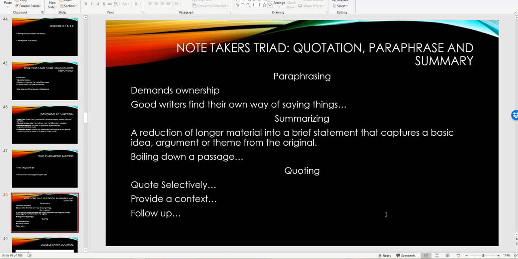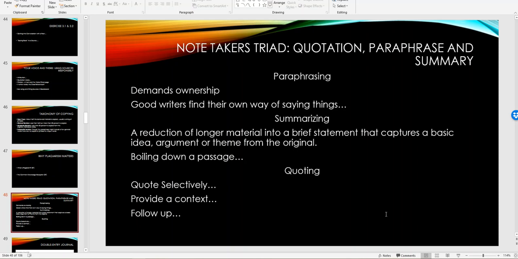Provide the context. I think as we get into drafting next week, I'll talk about my favorite item each semester, the quote hamburger, and my example on that. I'll even throw up an image that I have, a picture of the quote hamburger. But you want to quote selectively. You want to provide a context. That means what I call writing around a quote.